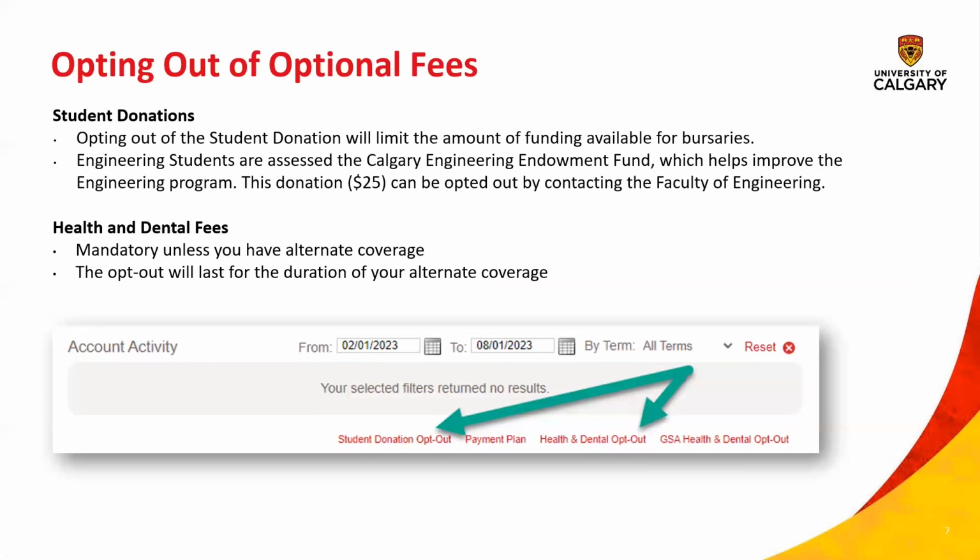These optional fees can be opted out through the Student Center, though there are a few things to be aware of. The donation is optional, but it is used to fund bursaries for students in need, primarily the Student Peer Assistance Bursary. If you do decide to opt out of that fee, you are limited in how much of that bursary you can receive. The maximum amount you can receive from that bursary is $1,500. However, if you have a history of opting out of the donation, you're limited to 50%, so a maximum of